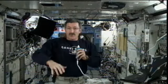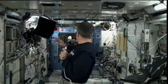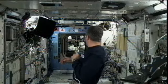This is one of the modules, one of many modules on the space station. This is the Kibo, which is Japanese for hope. It's the Japanese pressurized module. This area that you're seeing right here around me and extending about at least another 12 or 13 meters behind me. If I could turn that camera around and float it over to a window, I could show you